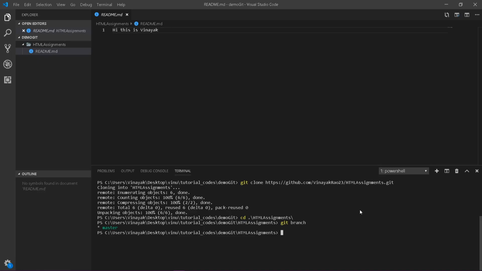Okay, you cannot push it anyhow because you don't have my credentials. I have my credentials so I can push it. If you don't have credentials, I'll tell you how to handle that. I'm pushing with my own credentials. So what I can do is create one more branch with git branch, I'm going to use -b, and I'm going to name the branch feature one.